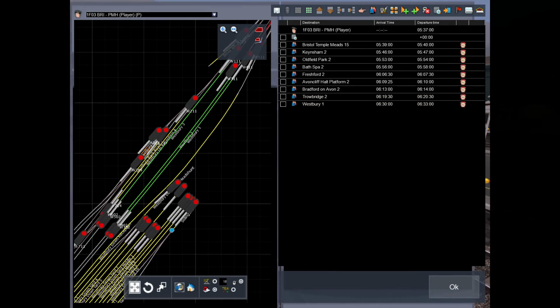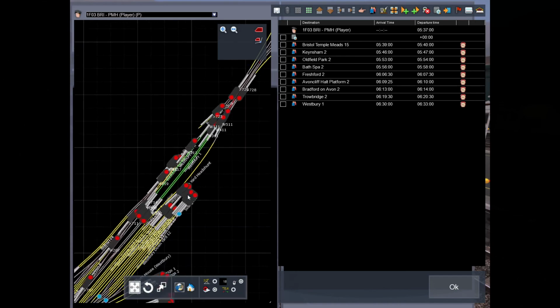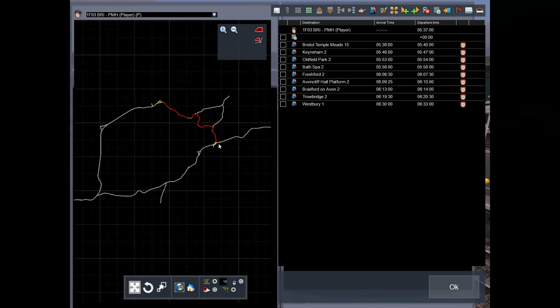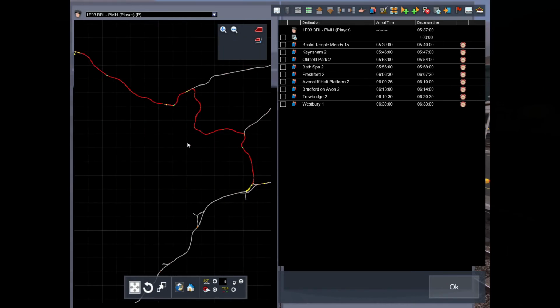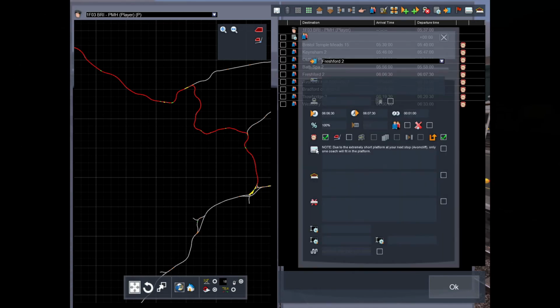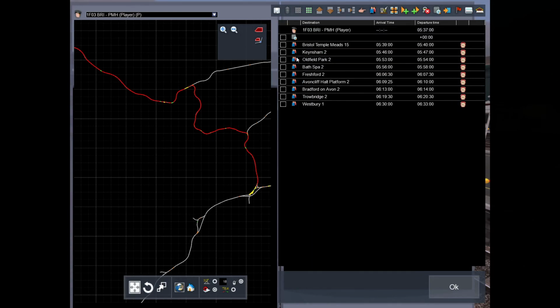Okay, so I have now finished with all the passenger stops. You see they're all timetabled. If I zoom out, you'll see the red line actually covers the whole route. So that's what we're doing, we're starting up there and we're finishing down there, stopping at every station, including Avon. I did actually put a message here in this one to say that only one coach fit in the platform at Avon, at the one before at Freshford, but the rest of them are all just normal. So yeah,